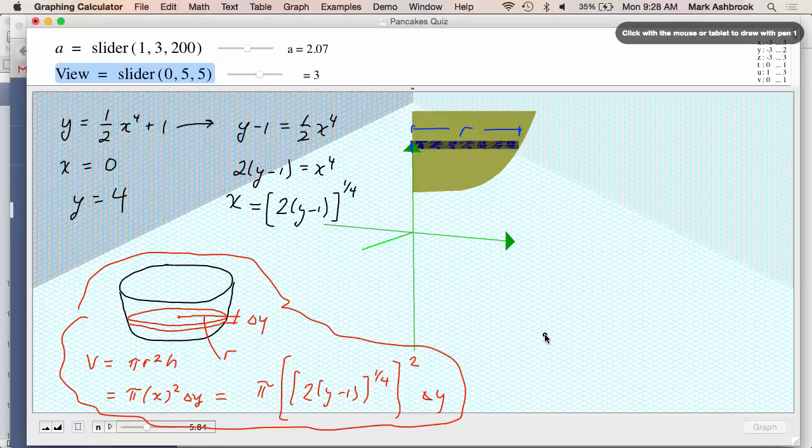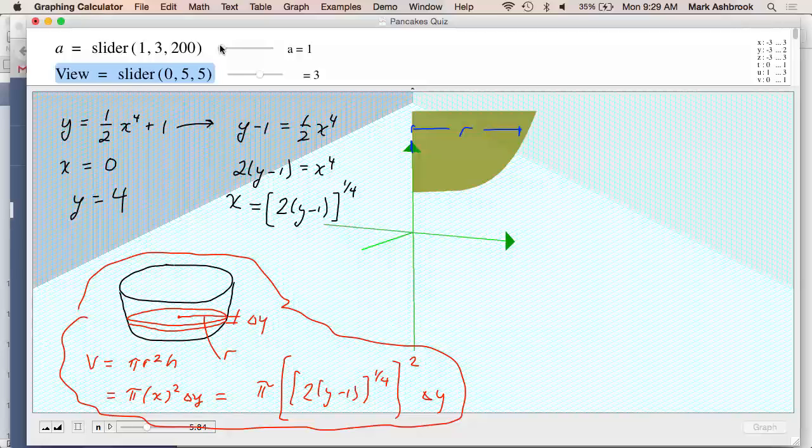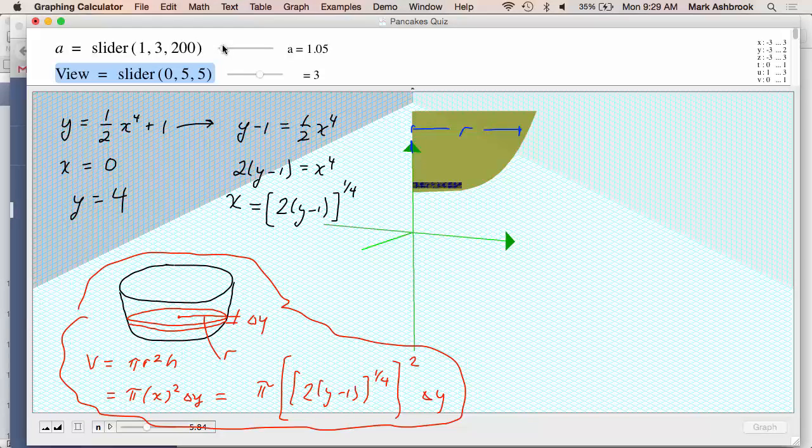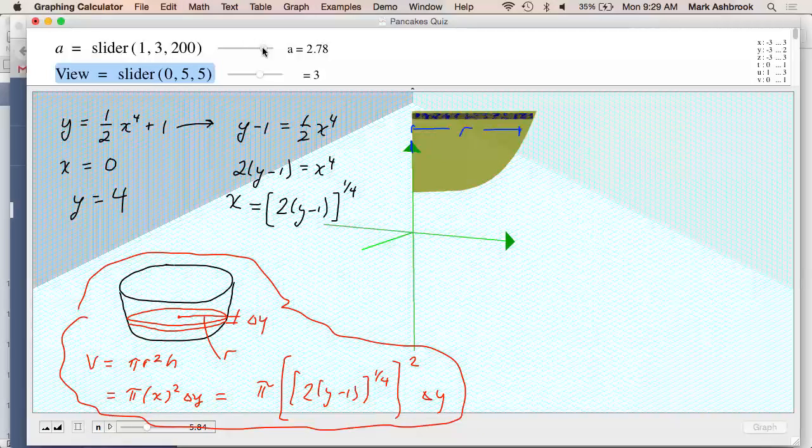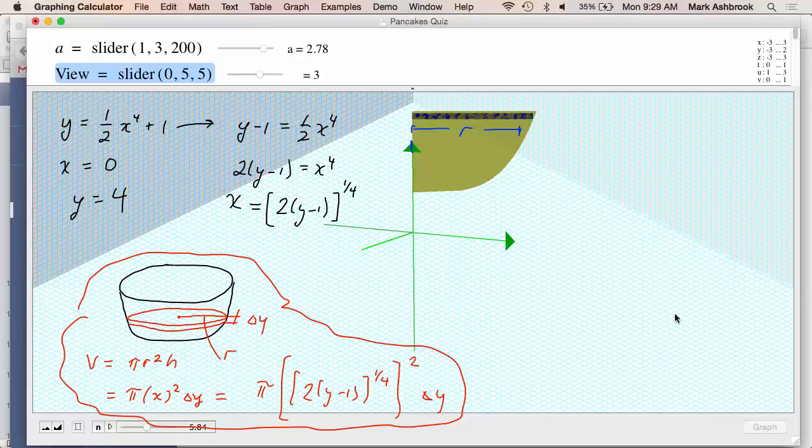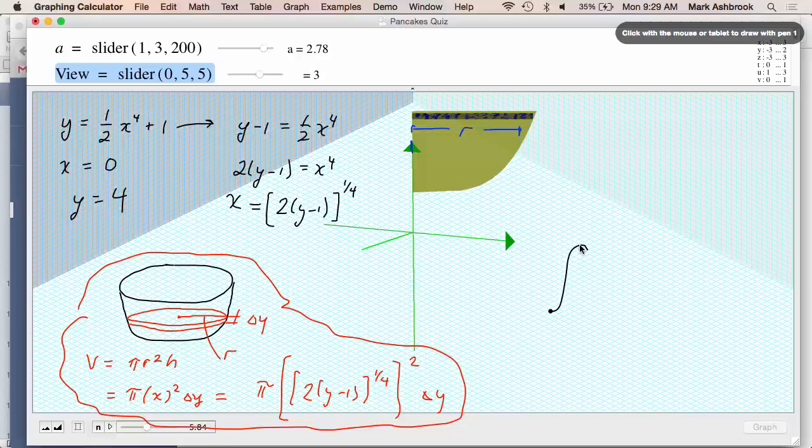So now we're ready to what? Add up all of those. We're going to add up all the volumes of those typical pancakes, starting from where? Where's the first one? The first one is down here, and that's at y equals 1. And then the last one's at y equals 4. So from 1 to 4 of